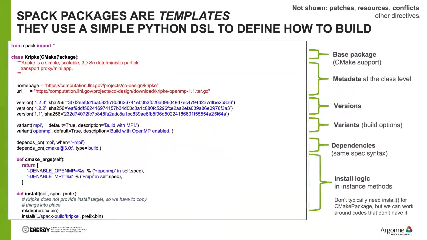So this has got a CMake build system, so we're just going to inherit CMake's infrastructure for using a CMake package. You can include metadata in here, like your home page and your URL, hashes to verify different versions of the software, variants that are available, and